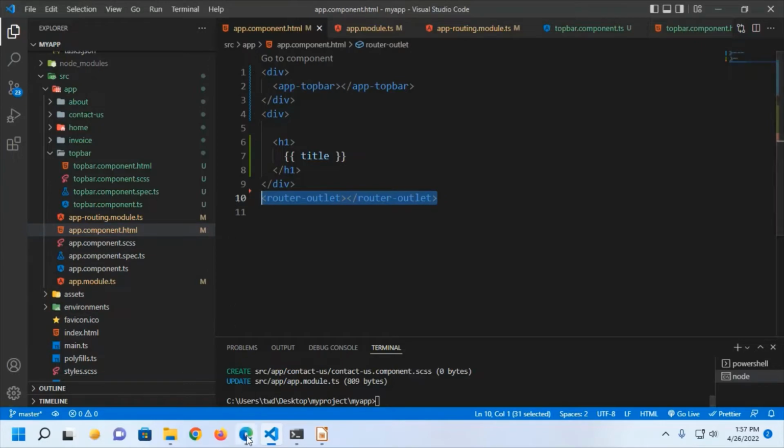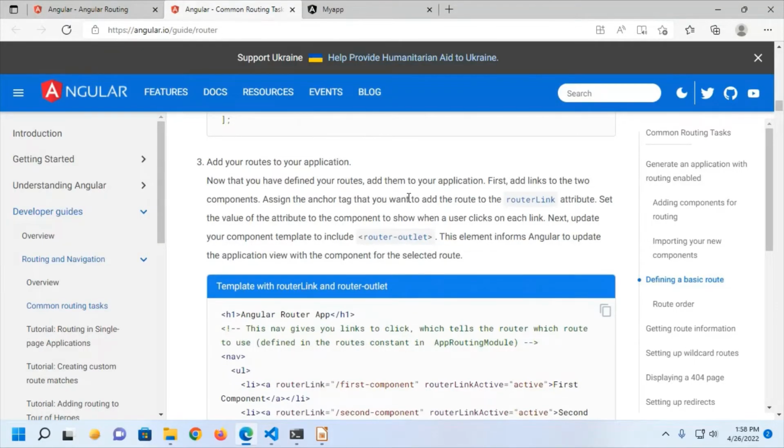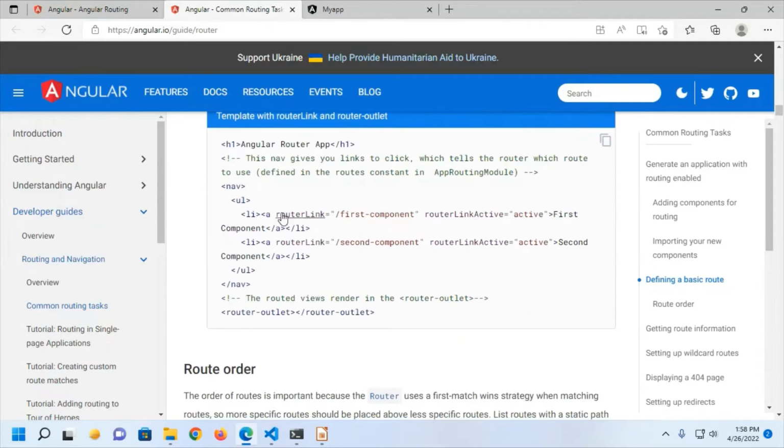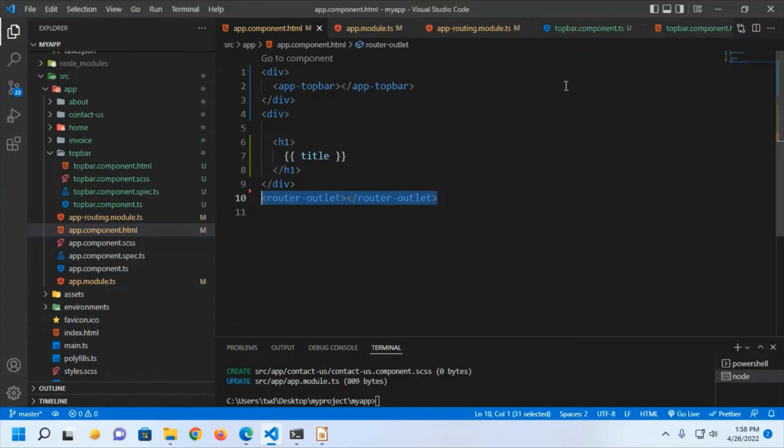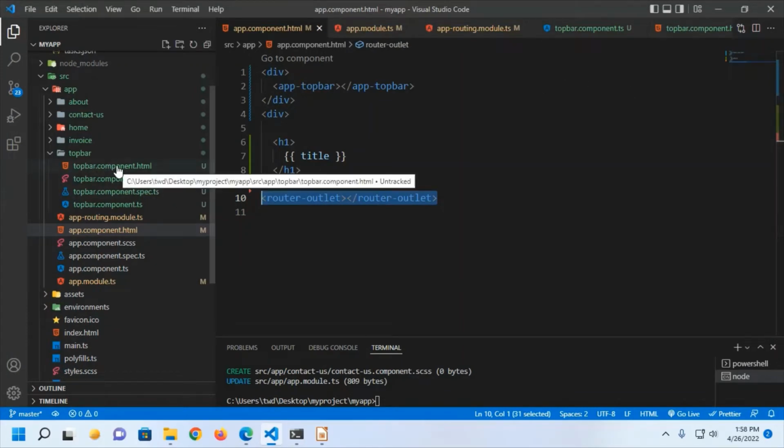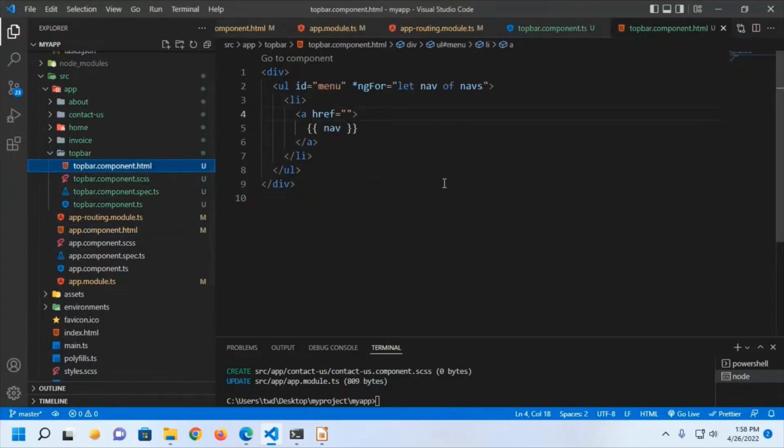Okay, now I am going to add the router link in the anchor tag. Open top bar component.html and here paste this line and change